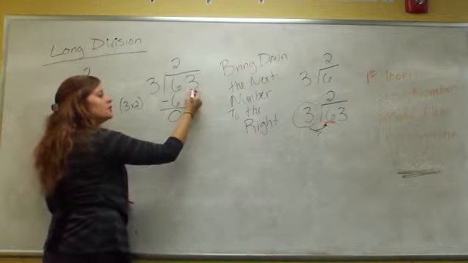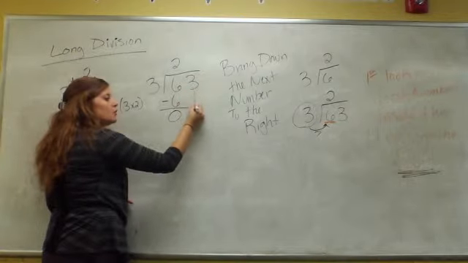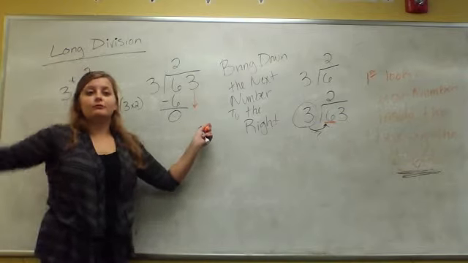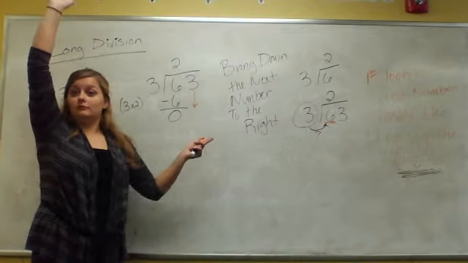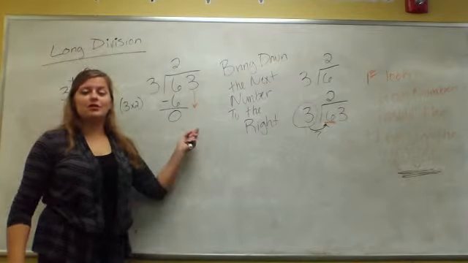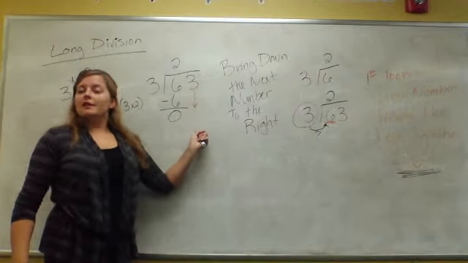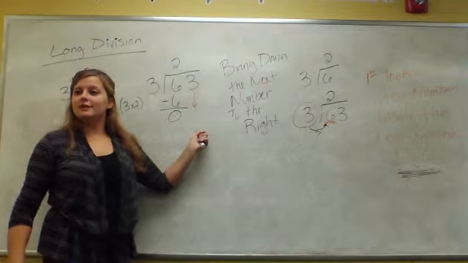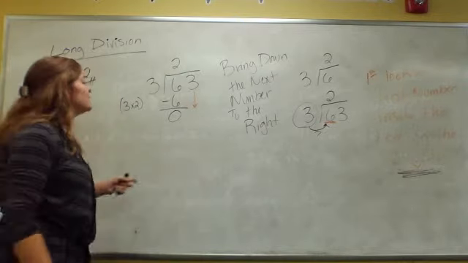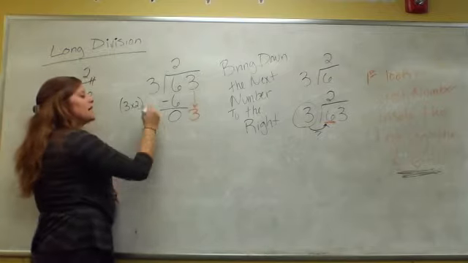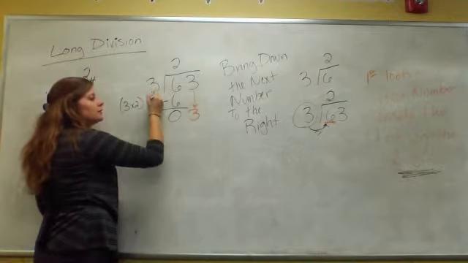I literally draw an arrow. When I say draw an arrow, who thinks I want to see the arrow? Yeah. This is kind of like when I tell you to show your work for multiplication. If you don't show me that arrow, it'll be upsetting. And not for me. For you. Okay. Next, I say 3